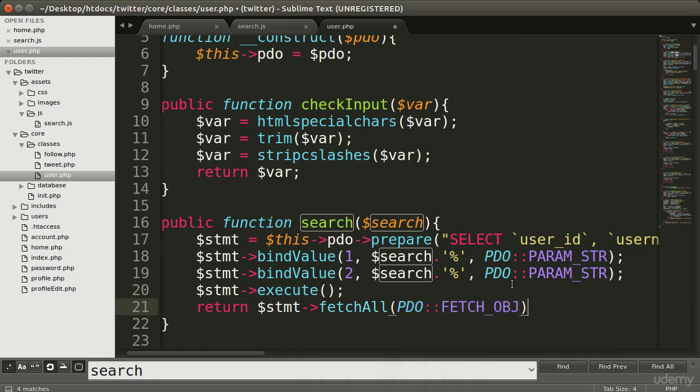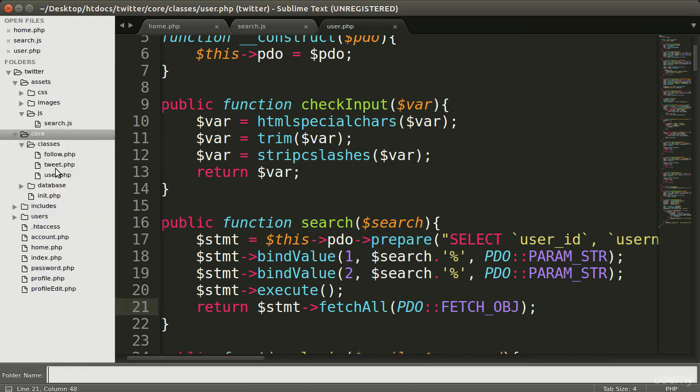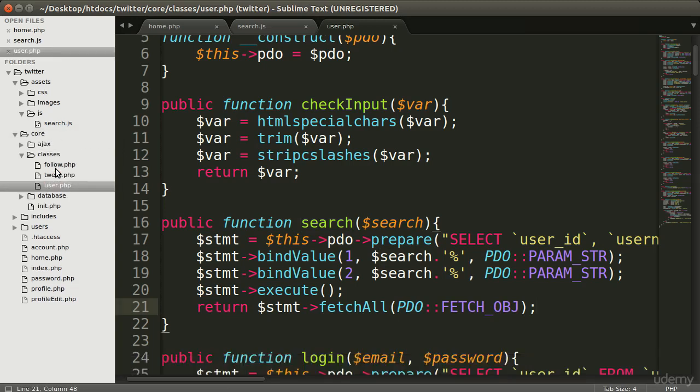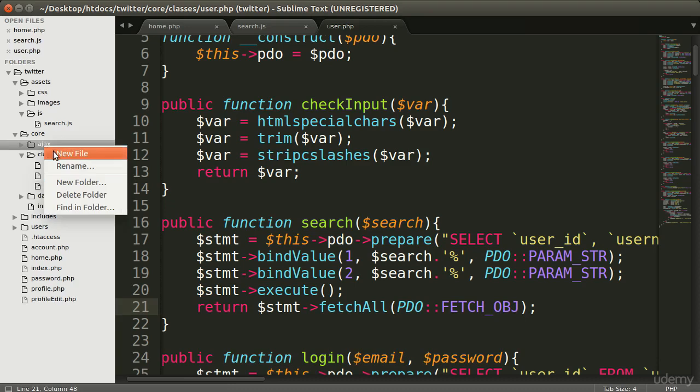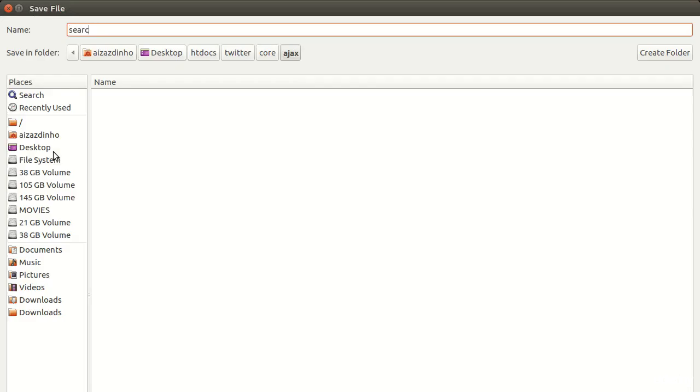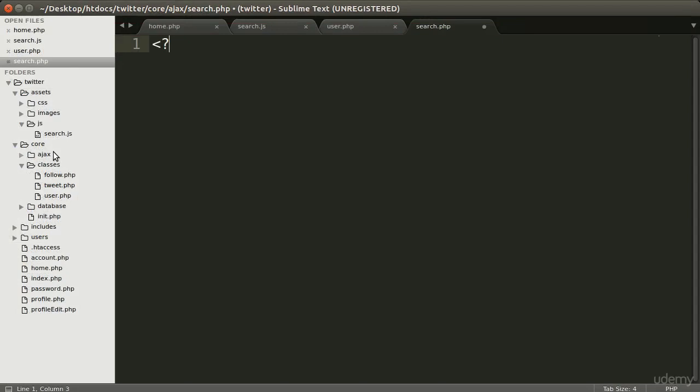Now to create the Ajax file, we need to create the Ajax folder in our core folder. So create new folder in your core folder, and name it Ajax. And now to get the search Ajax file, create new file in your Ajax folder, and this will be search.php. Now open and close the PHP tag, first include the init file, so ../ for the back directory, init.php,